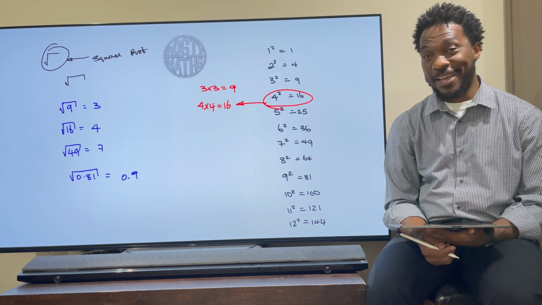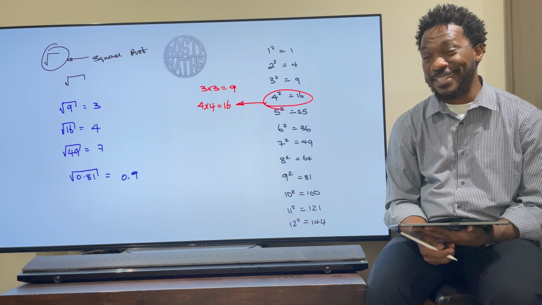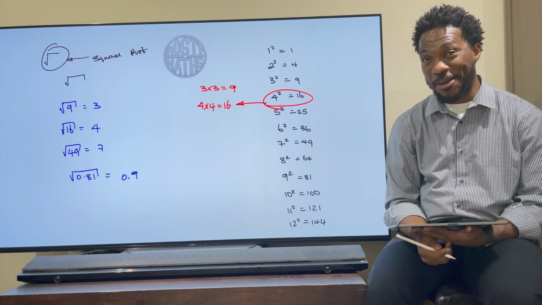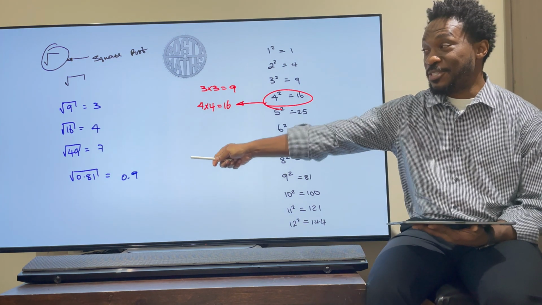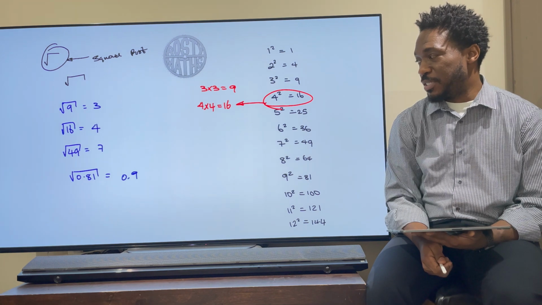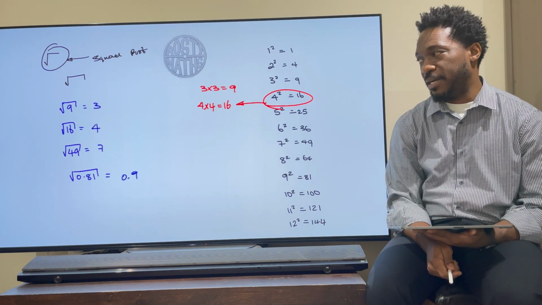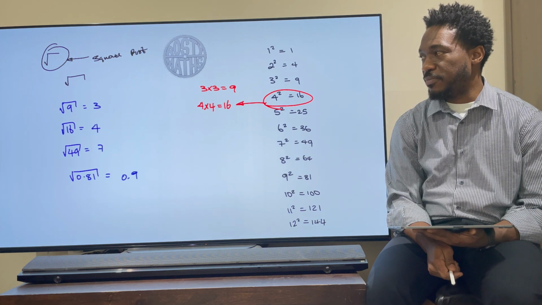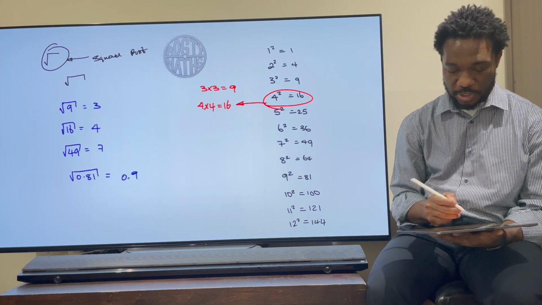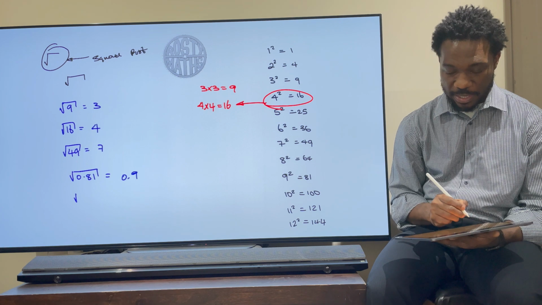And just like that, look at that, you're square rooting decimals. Did you see that coming? That's absolutely amazing. So there you go. We square rooted decimals, and I can muck around with any of these numbers here and find the square root of them. Let's do one more just for the sake of it. Let's do the square root of